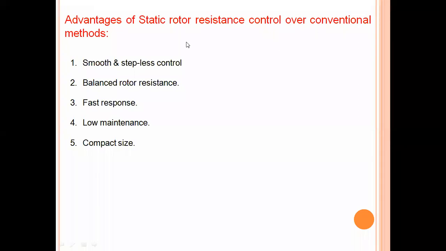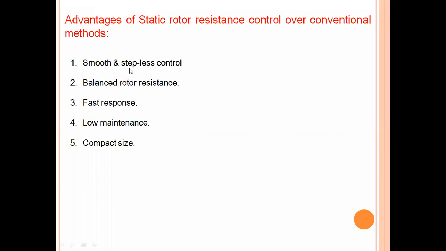Compared with those conventional controls, static rotor resistance control has a few advantages. Those are given here. The first one is smooth and stepless control. The operation is very smooth, which means the motor runs smoothly, and stepless control is achieved because we are using